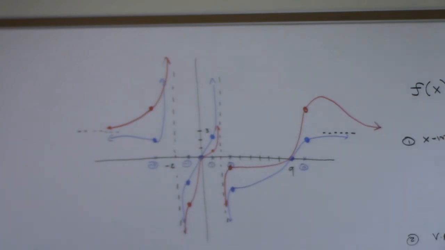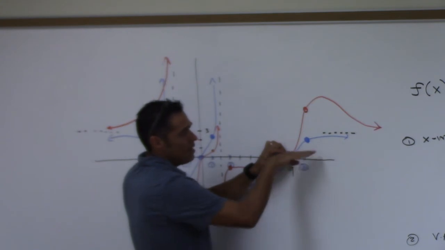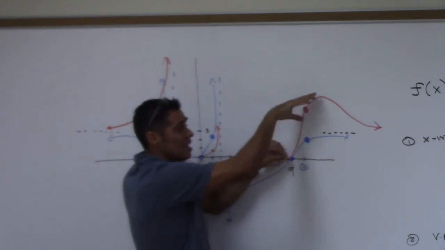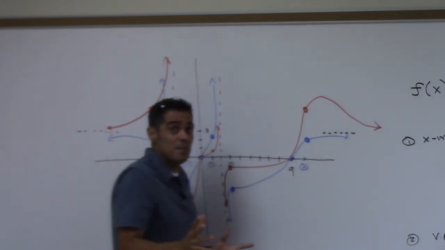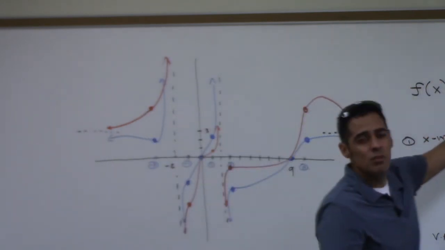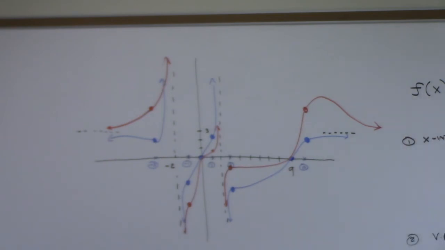But the general idea here is to figure out where the graph is above and below the x-axis. Kind of like with the polynomials that were like roller coasters. We didn't know how high they went and how low they went. We just knew where they were above and below. So this is the same sort of thing. I know that this graph goes through at 9. I know to the right of 9, I'm above the x-axis. I also know from both of these pictures that as I go out to the right, the graph goes to 3. So with this function, if somebody asks me to plug in a huge number like 300, 400, 500, I can tell you with a lot of certainty the answer will be close to 3. Does that make sense?